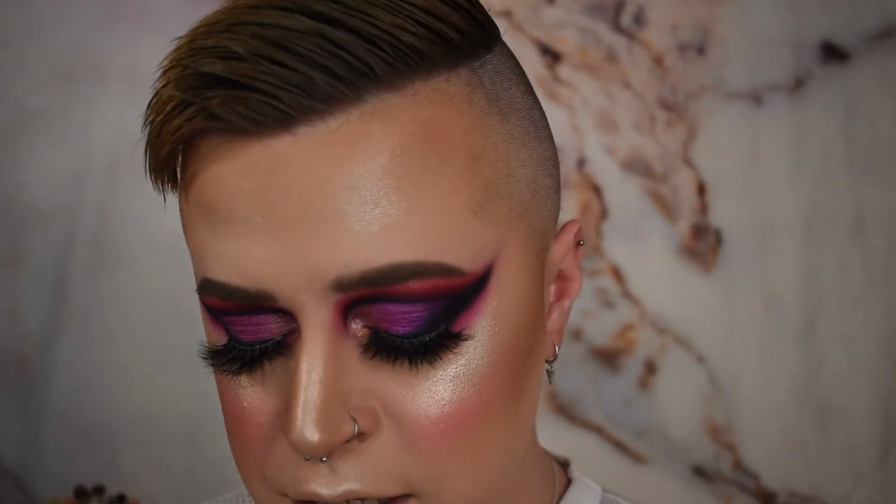So now that I fixed my hair, it's time to go in with some lip. So now, really quick, I'm going to go in with the Morphe Makeup Talk Lip Liner. I've actually been really obsessed with this lip liner recently. And of course, I'm just going to kind of line my lips, feather it out a little bit before going